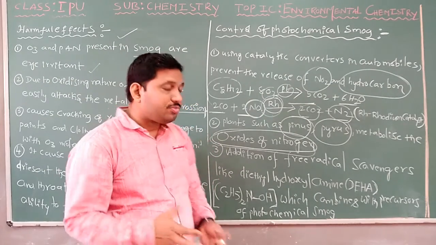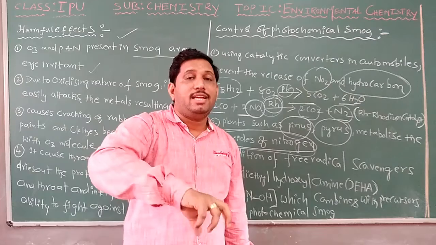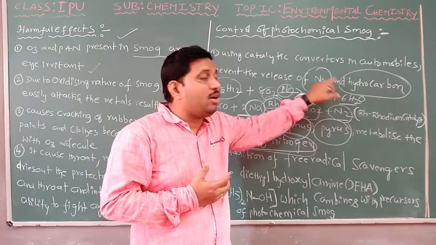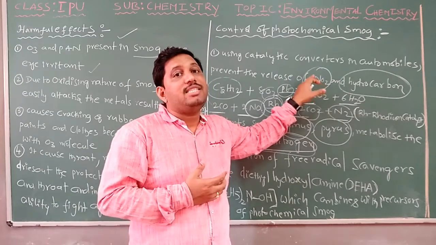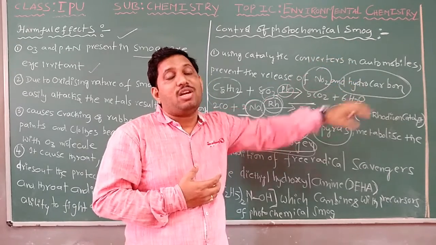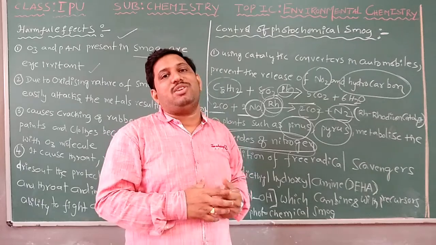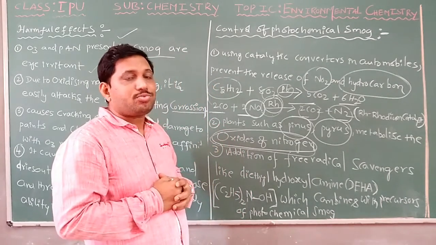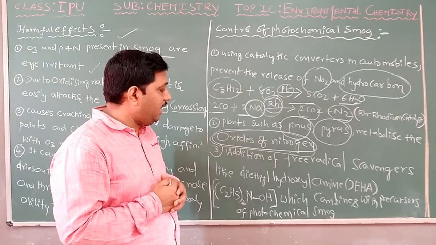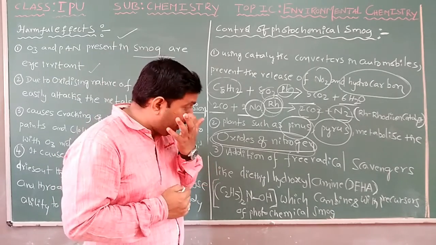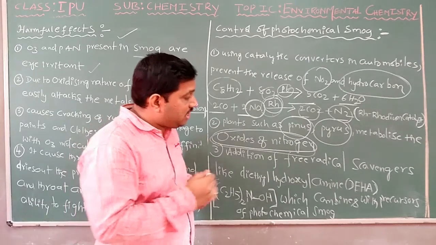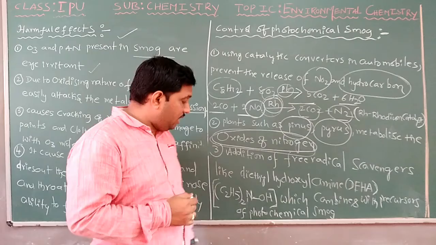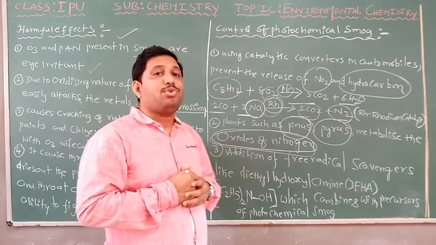Generally, students, if any substance is added that can react with the precursors of the photochemical smog, like hydrocarbons and nitrogen dioxide, then these can be converted into another form of product which is not available for the formation of the photochemical smog. That is, addition of free radical scavengers like diethyl hydroxylamine, DEHA, which combines with the precursors like nitrogen dioxide and hydrocarbons, then the formation of the photochemical smog will